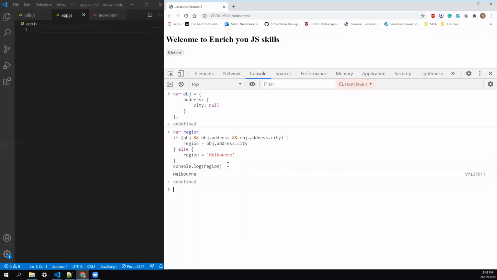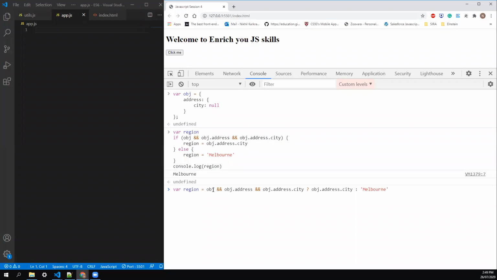So this was pretty tedious work. Then we came up with a better approach in recent years. We said, instead of using if else, because if you are using a code static analyzer like SonarQube, many times you get warnings that your if else should not be too many in a particular function, or it should not be nested. Then we came up with another approach called the ternary operator.